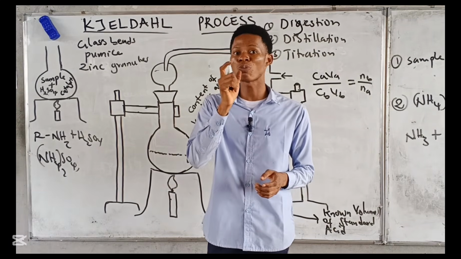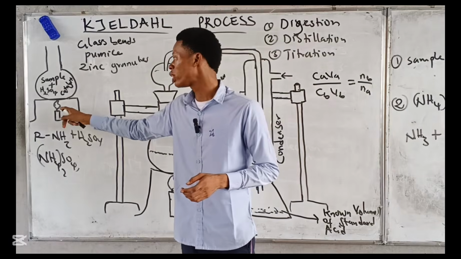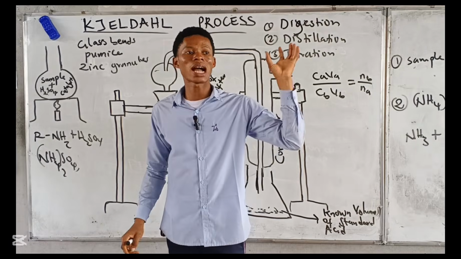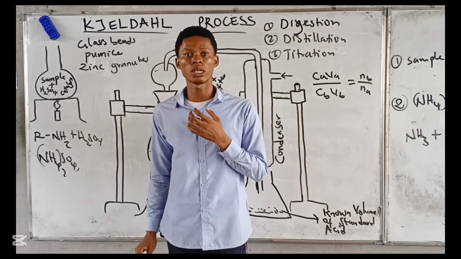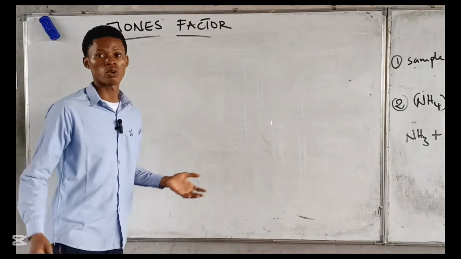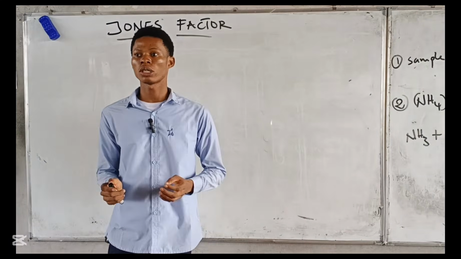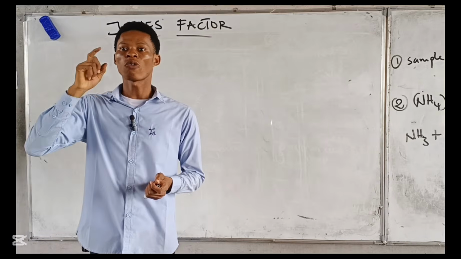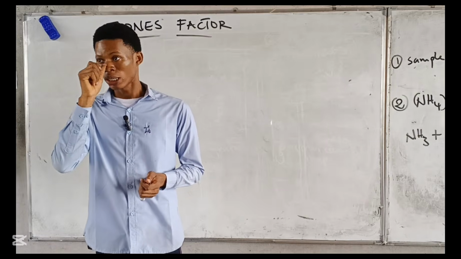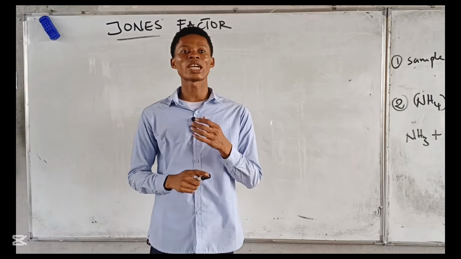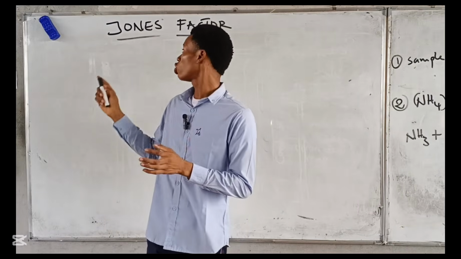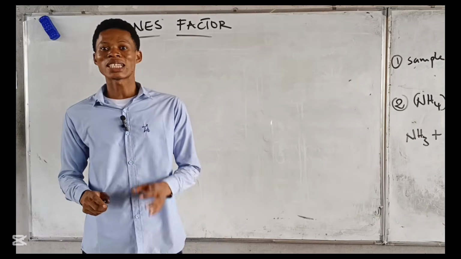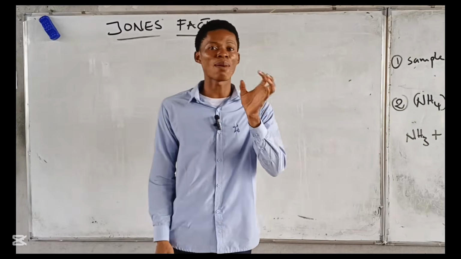So the principle is based on the fact that during digestion, all the nitrogen in the sample is converted to what? Ammonium sulfate. That's the principle there. Let's look at Jones factor. We've seen the Kjeldahl method. With the Kjeldahl method, we are using it to estimate the amount of nitrogen in a sample. Now the Jones factor is a conversion factor that is used to estimate the amount of